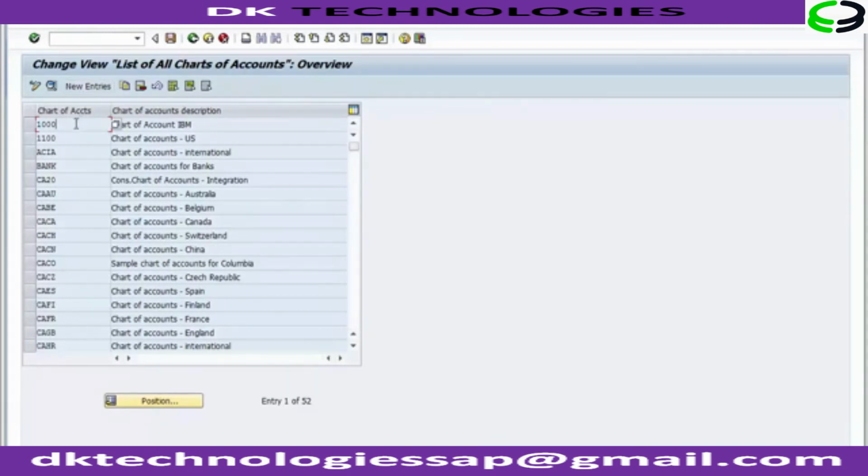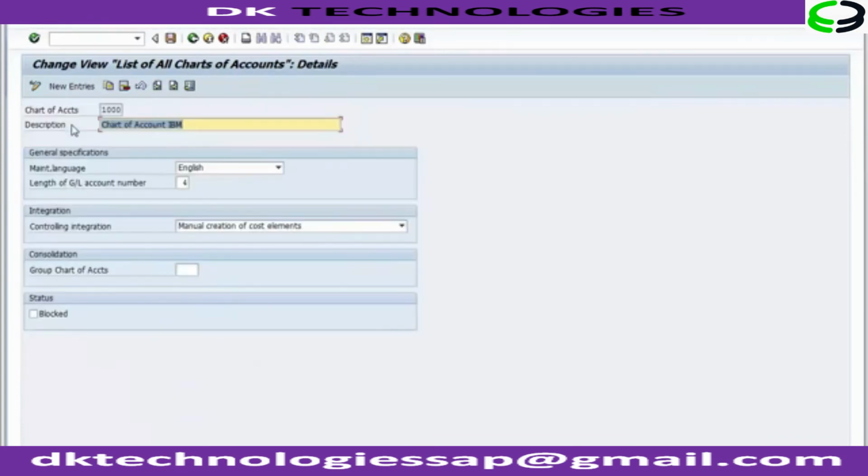and if I want to see what details I have filled up in my chart of account, I can double click on this particular part and it can show me the details of the chart of account. So my chart of account 1000 has the length of the GL account as 4 and the controlling integration is manual creation for cost elements. So we can go back. If you want, you can make some changes now, but once you move ahead and start doing the business transactions, you cannot change these tabs. You cannot change the length of the GL account number, mind it. Moving back,